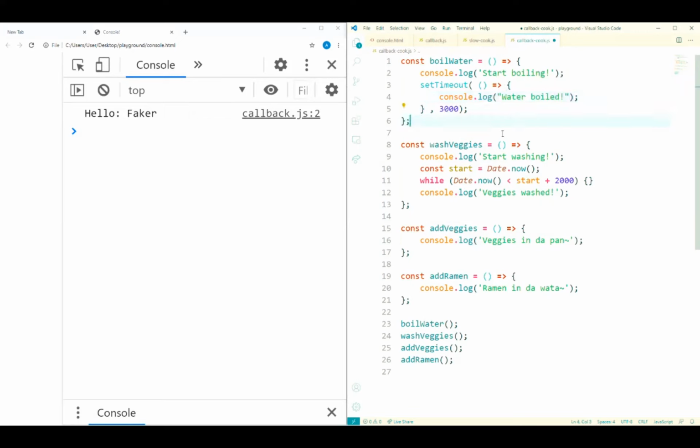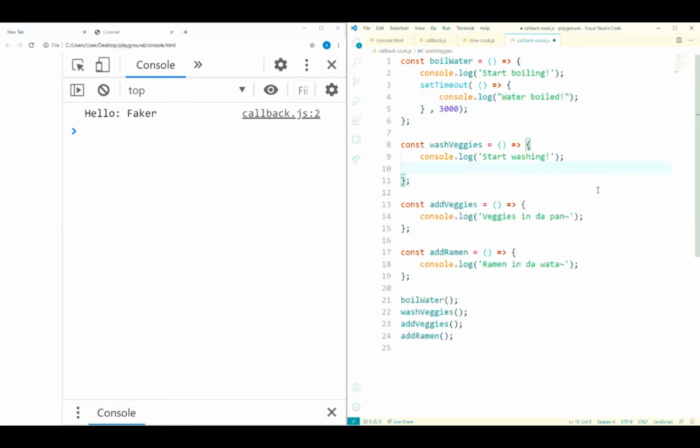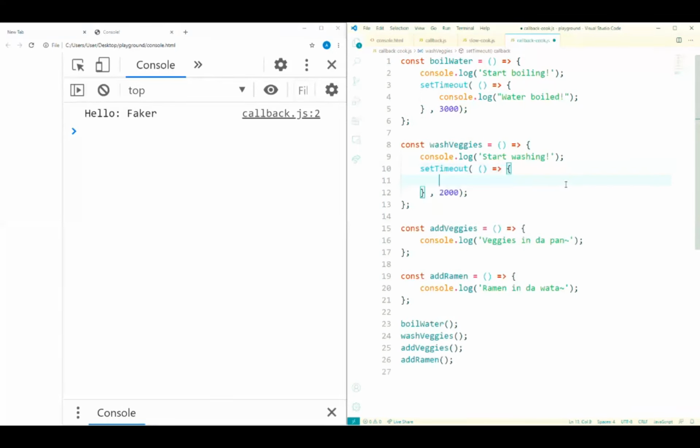And yeah, so there we go. Very, very simple. And let's try again for wash veggies. Let's do the same thing. So we set timeout again, 2 arguments again, but this time for 2 seconds. And then our first argument is whatever we want to do after 2 seconds have passed. And that's very simple, very similar to water boiled. We define a function and then we just console.log veggies